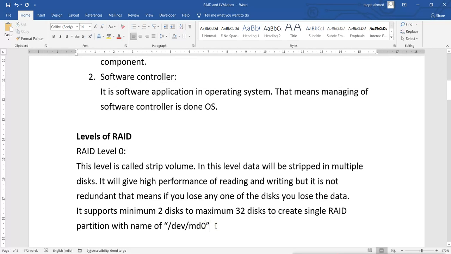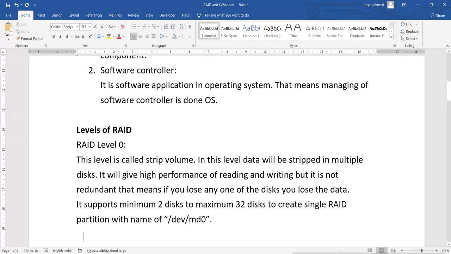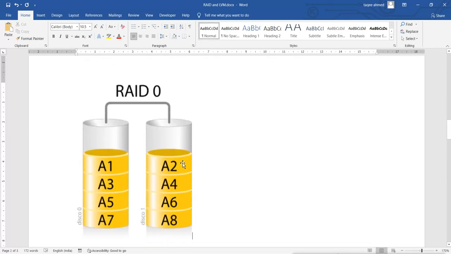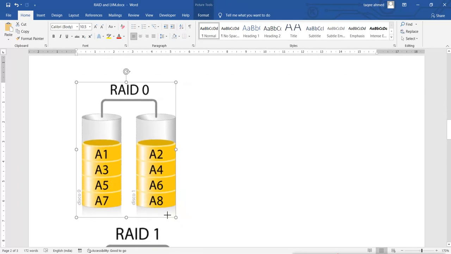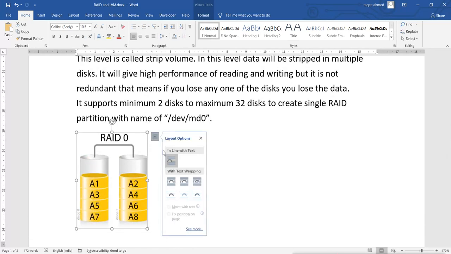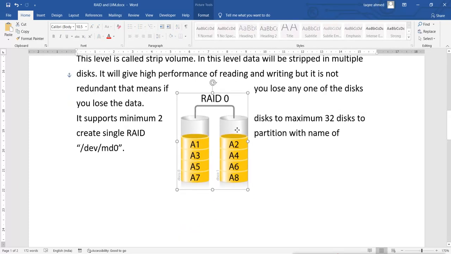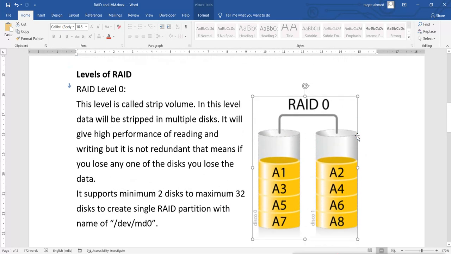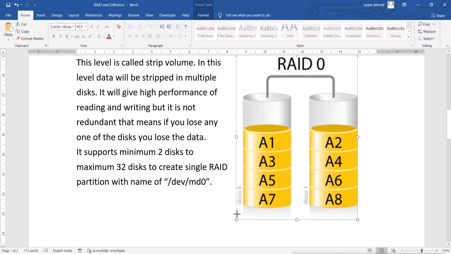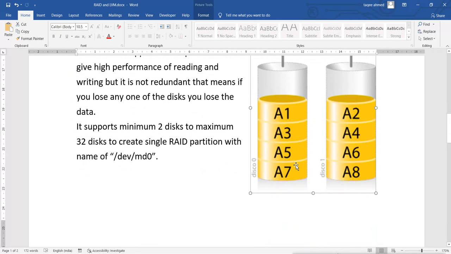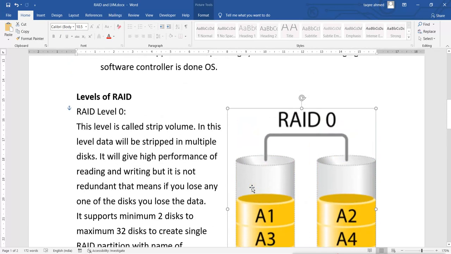If you create another RAID partition, then it will be md1, md2, md3. md0 is your first partition. So this is your RAID 0 partition.